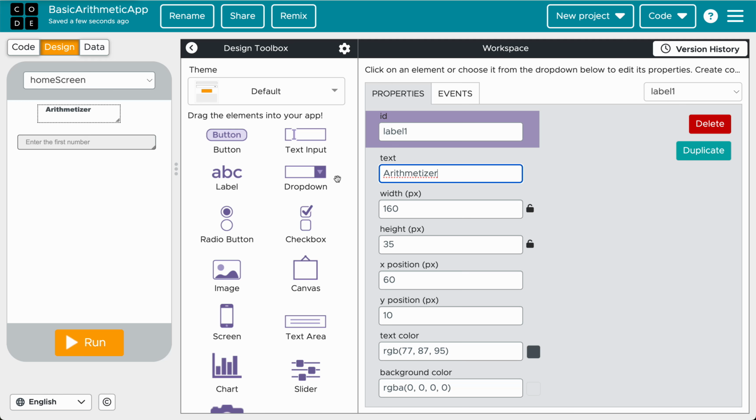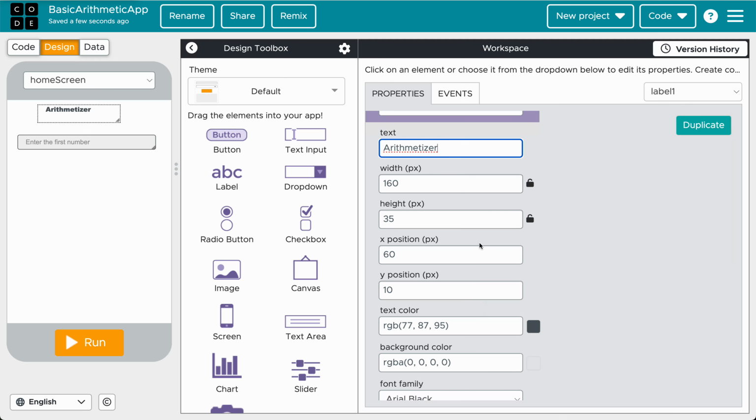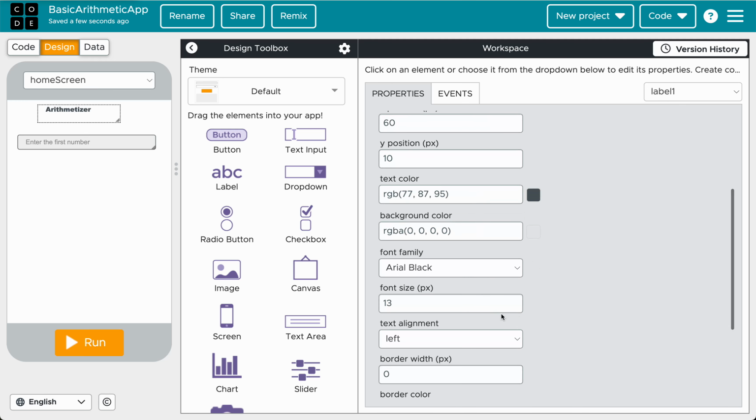It doesn't exist, right? Let's see. Then let's increase the font size. Eventually I'm going to move these here. Okay, so now that we have that set,